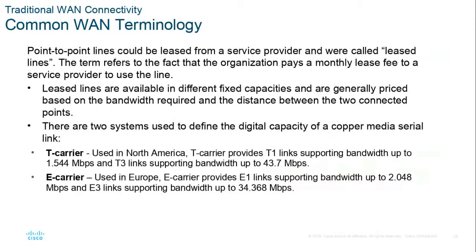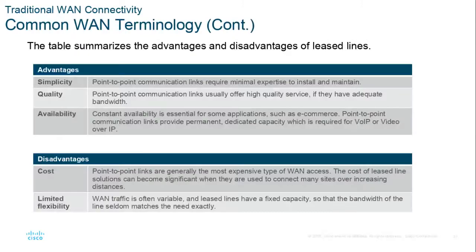So in these days, you could lease a point-to-point line from a service provider, a leased line like a T1 technology. T1 lines were about 1.54 megabit. They did have T3 lines that went to about 43 megabit. In other countries, they're called E carriers. In Japan, they're called J1 lines instead of T1 lines or E1 lines. Very similar technology, just slightly different in the sense that Portuguese is slightly different from Spanish.